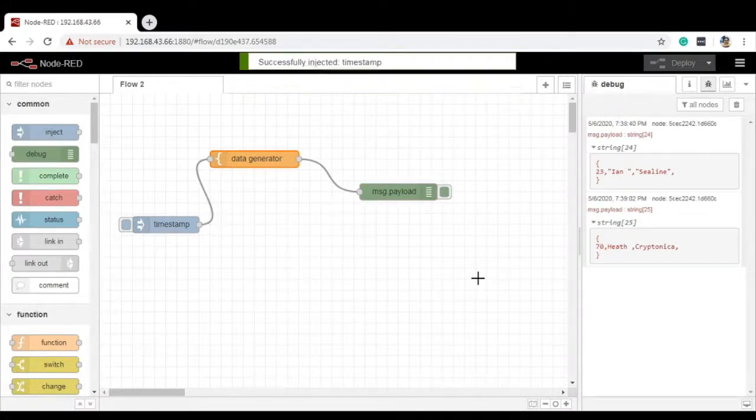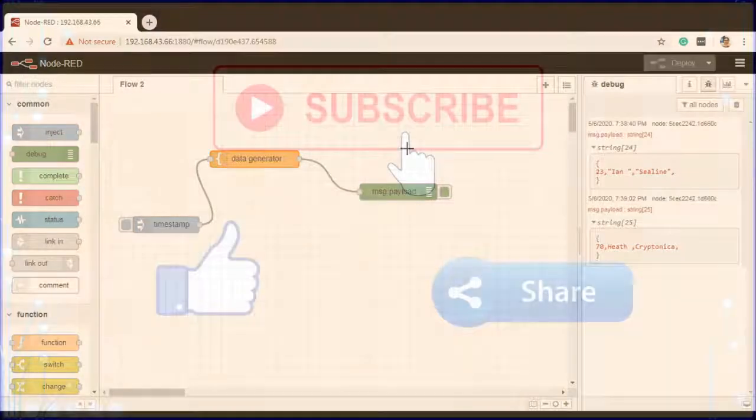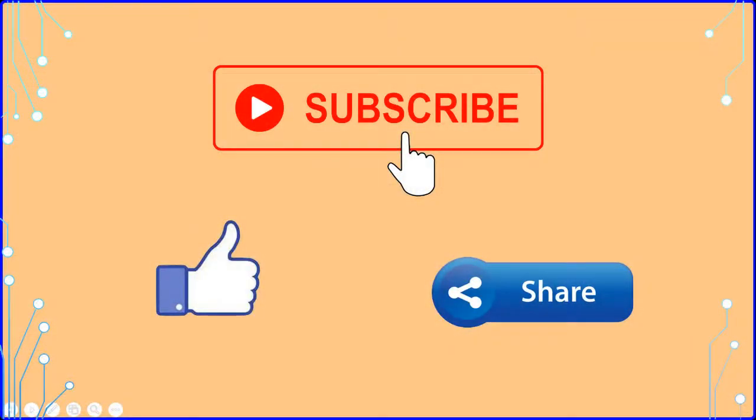So this could be useful when you have some sort of query generator for, let's say, a MySQL database, or when you are feeding the values inside a form, or some other application where you need to generate values and test that application. So the data generator node is very helpful, but remember one thing, it is by default not installed with Node-RED. You have to explicitly install the data generator node. I hope it gives you a clear picture of the data generator node. I hope now you can easily generate random data using the data generator node and test different applications.